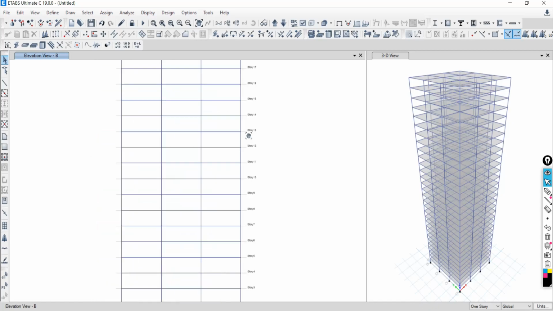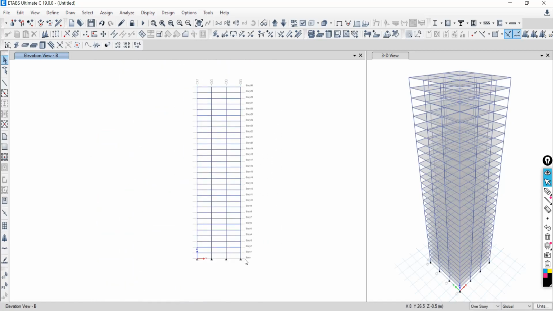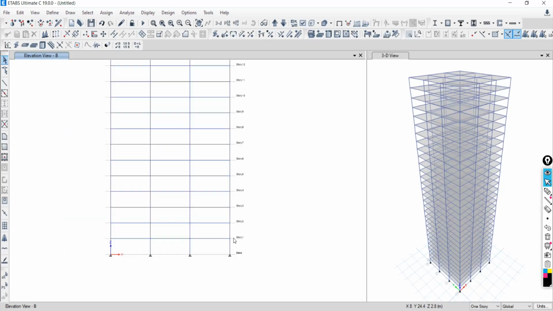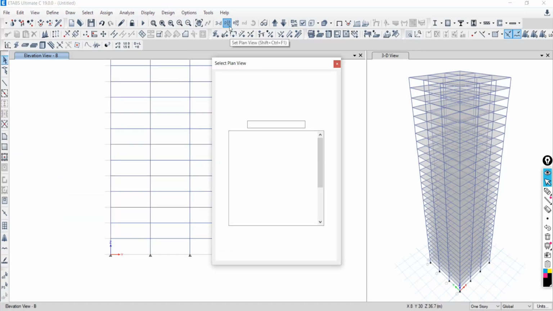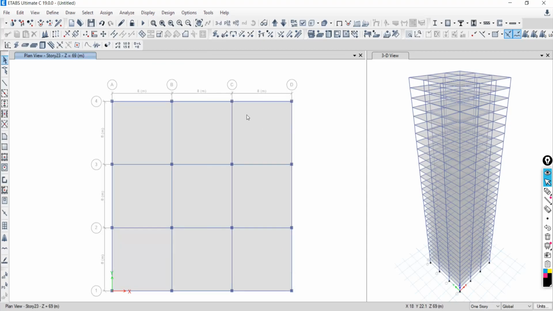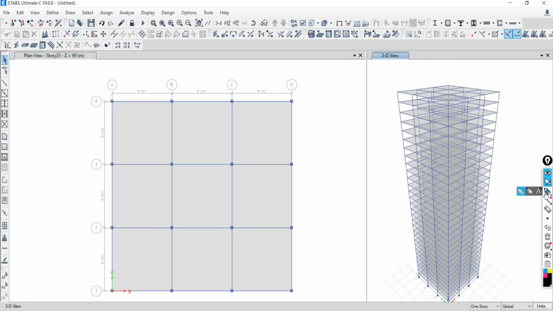So this is the elevation. And in the elevation view, you will be able to see the story labels. So these are story 1, 2, 3. See, when you click on plan, say story. Is there any story label here in the plan view? No, sir. In the 3D view, is there any story label? Can you tell me? So to see the story label, what view do you have to see?